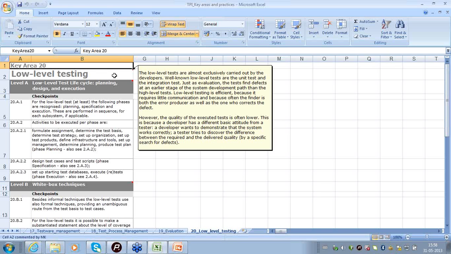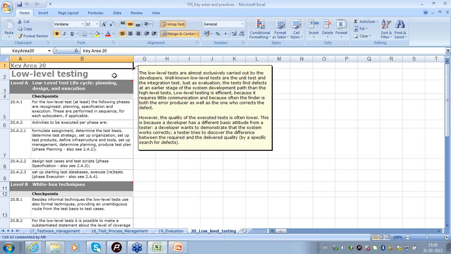Having said that, low-level testing has its own disadvantage. Just because the person who is performing the testing is the same as the person who has developed the software, the intention of the person is always to prove that the software works fine, whereas the typical intention of a testing person has always to be to break the software and prove that the software does not work fine. So this conflict of interest comes in the way of the overall effectiveness of low-level testing.